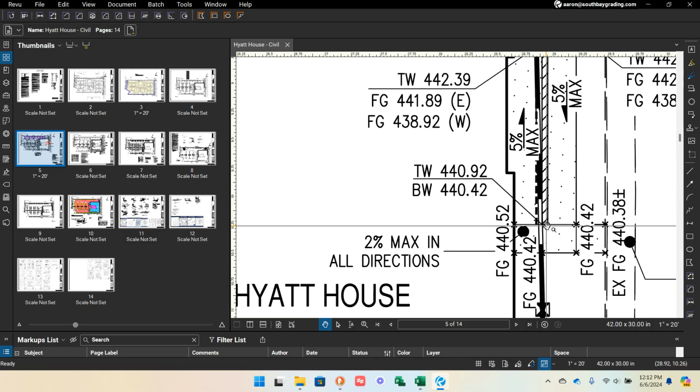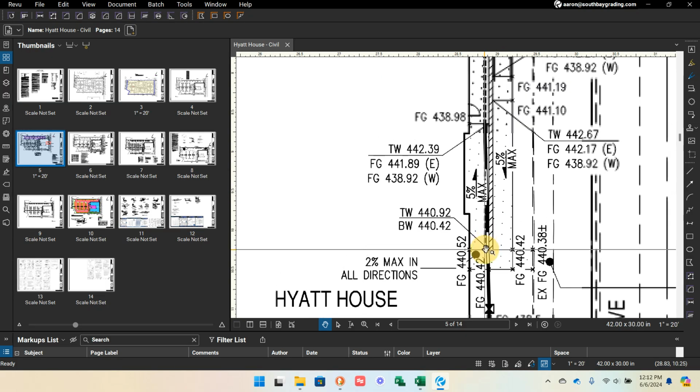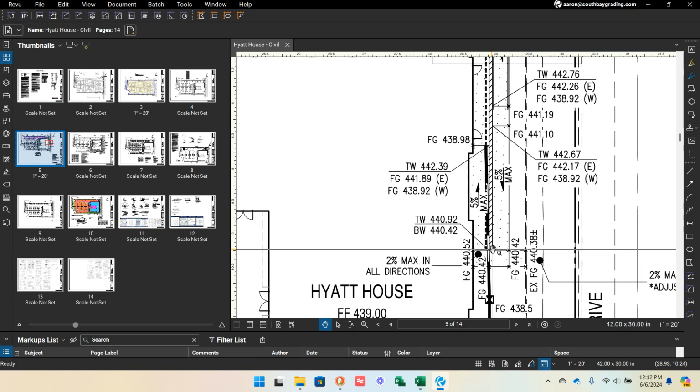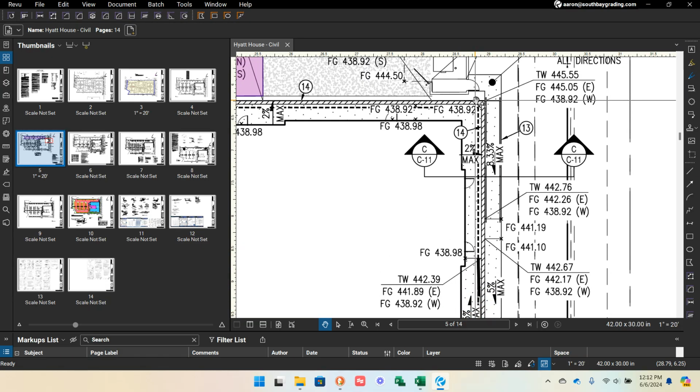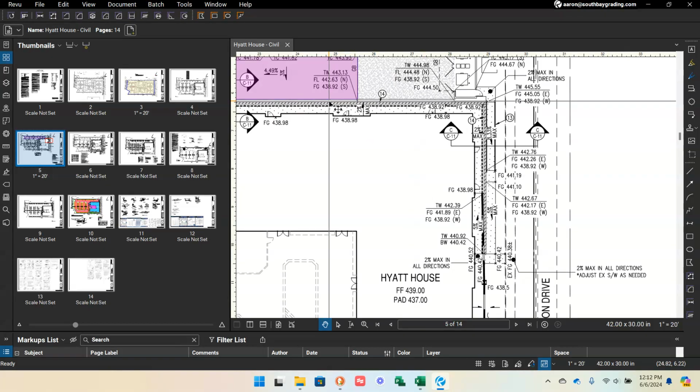So it starts off as a 6-inch like curb, if you will. Top of wall, bottom of wall, 440.92. So if you do 440.92 minus 440.42, that gives you 0.5 feet, which is 6 inches. So you got this little 6-inch curb that grows into this monstrous 5 or 6 foot wall, and then it